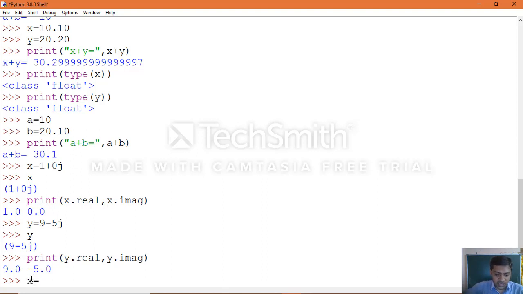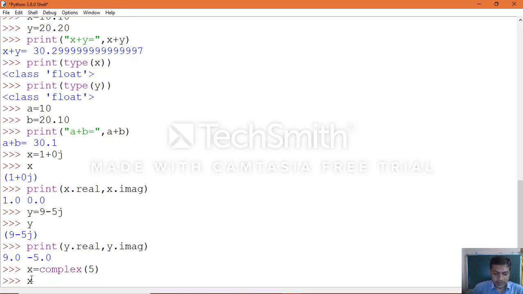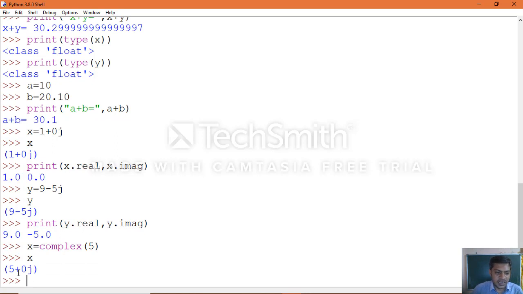Okay, there is a function we also use, complex of 5 for example. Now print the x. You can see clearly the one value, if you pass it to the complex function, represents the real part, and the imaginary part will by default be taken as 0.